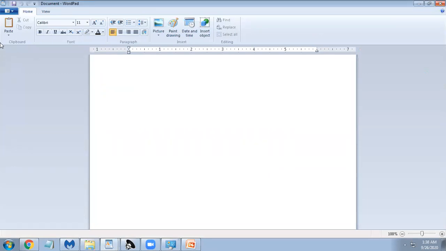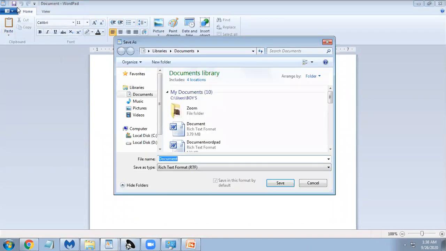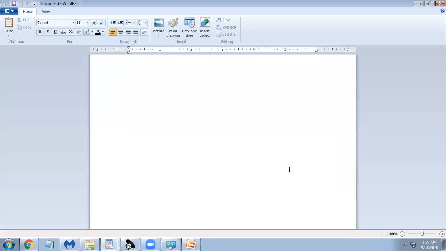Again the same options are there, and you have Ctrl+S to save. I will give the name WordPad learning in Documents and save. So it is saved. You can see the name here.